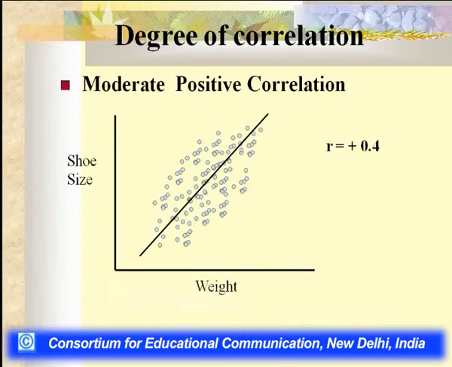The shoe size and weight, both are moving again in the upward direction, but if you see the dotted lines, they are a little scattered. So R is equal to plus 0.4. It shows a positive correlation, but it is a moderate positive correlation as the degree of association between the two variables is a little less, but they are moving in the same direction. So we call it a positive correlation, but since the dotted diagram, if you have seen on the screen,